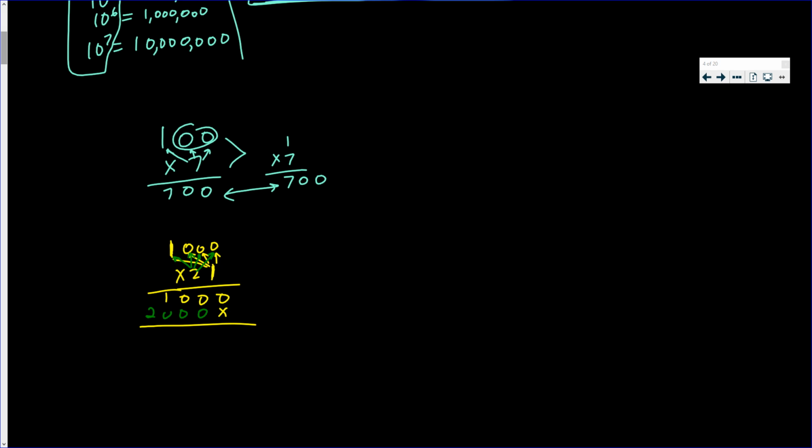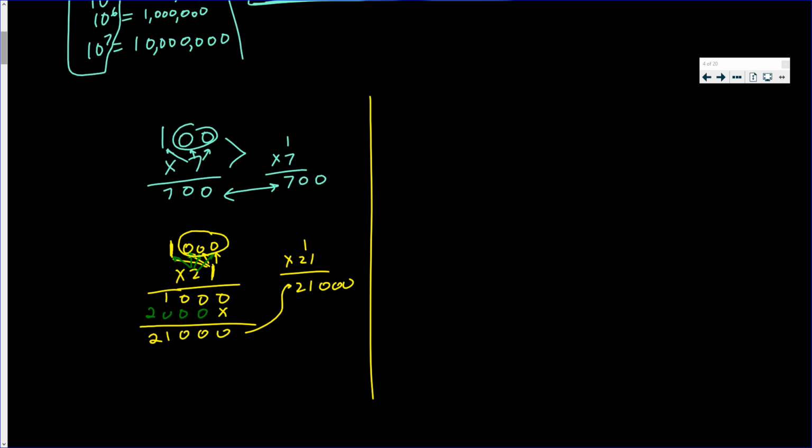So when you add this, you get 21 with 3 zeros. I could have just done 1 times 21, get 21, and then add on 3 zeros. I get the same answer. If you want to know what, I don't know, 10,000 times